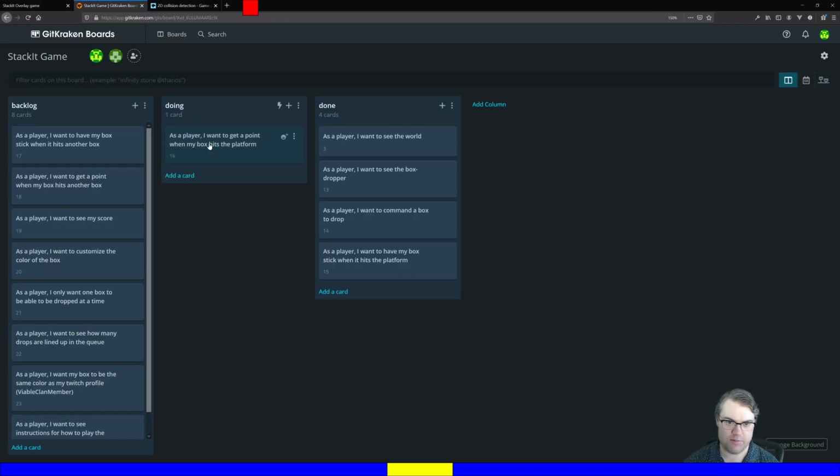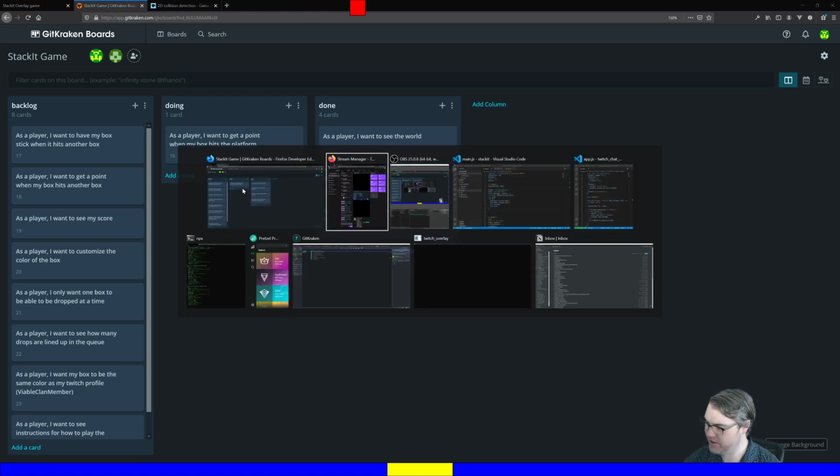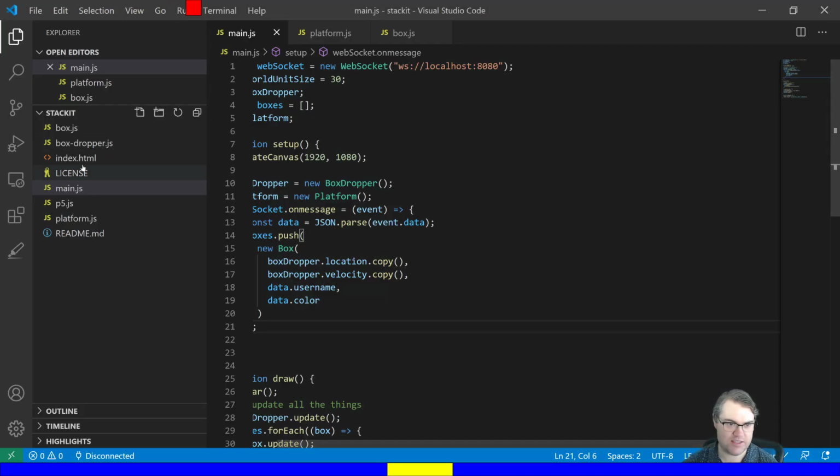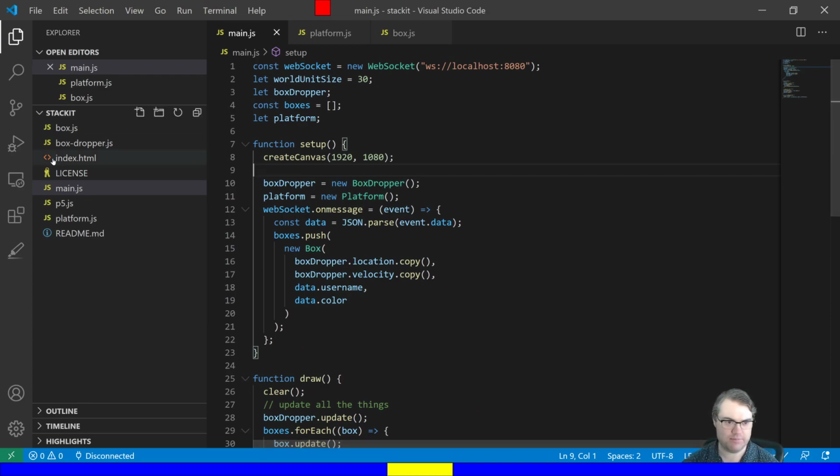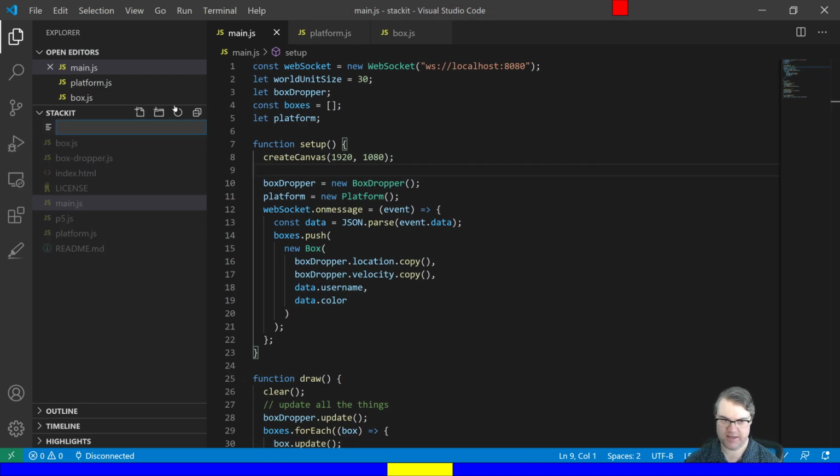So in here, I want to get a point when a box hits a platform. So we haven't finished that. So we need some kind of point system and maybe to display the points. Actually, as a player, I want to see my score later. So right away, we want some kind of a score system to store. Do we want to keep that in a separate file as opposed to in main.js? Probably. Let's go ahead and create